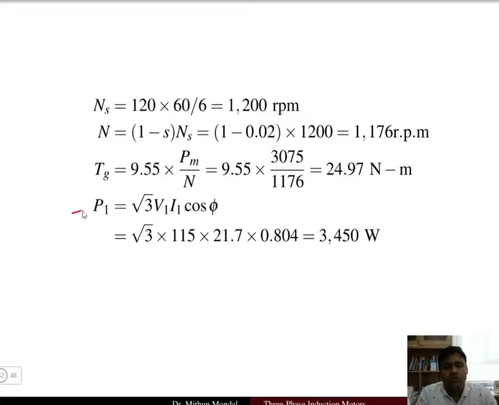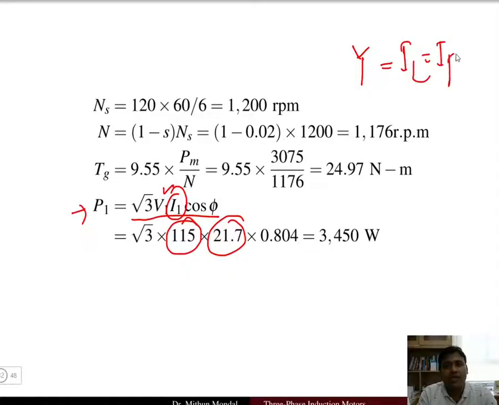Now the input power P1 can be written as root 3 times V1 I1 cos phi, where the voltage V1 is basically the line voltage, which is 115. The current I1 is 21.7 because it is a star connected system. So for a star connected system, the line current is equal to the phase current. So here you have 115 times 21.7, and the cos phi value we know is 0.804. So this will give 3450 watt as the